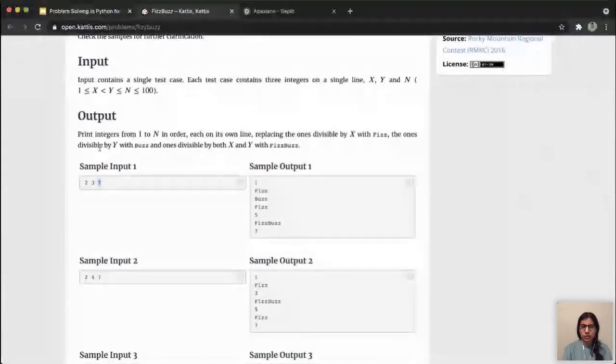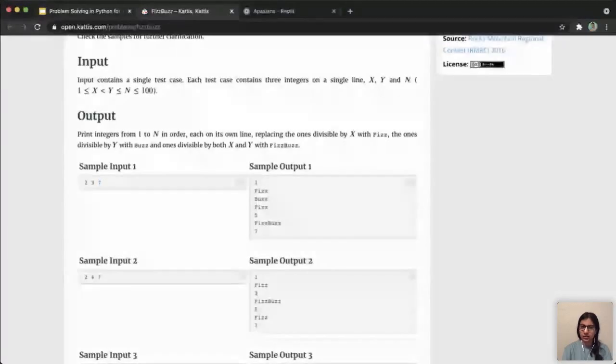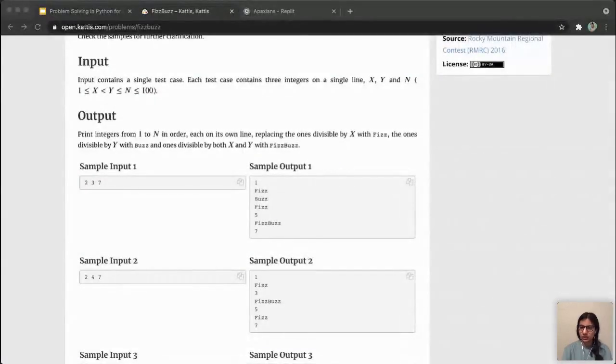And you have to use the modulus operator here, the percentage operator, not the division operator. So I think a couple of you are getting it now. That's really good.